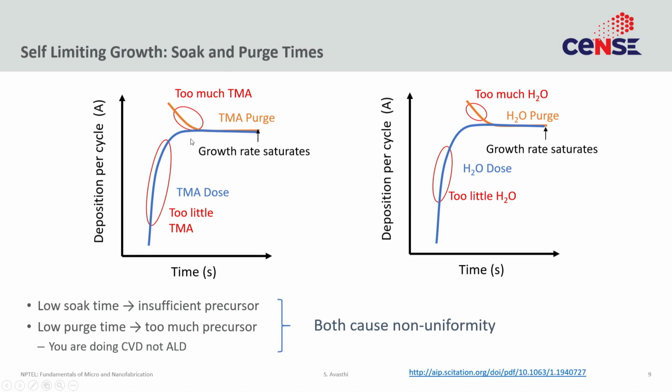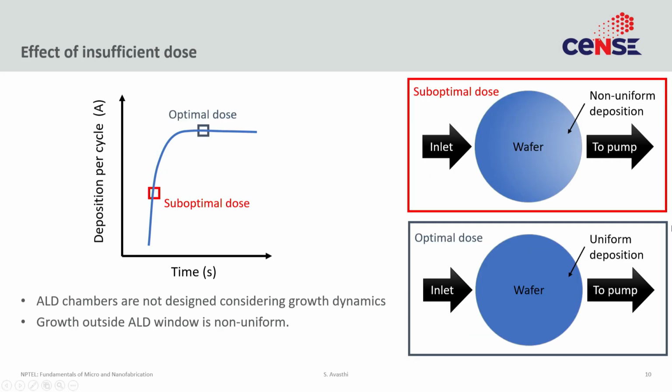Well, if you are in the red regions, you will often get non-uniformity, and let's talk about that a minute. Unlike CVD, ALD chambers are often not designed keeping gas flow in mind. The reason is that the reaction is not happening continuously, it is happening in steps. In each step, you let the equilibrium happen. Your assumption is that every step will be self-limiting, and you wait until a monolayer forms in a conformal and uniform fashion. So, you don't really need to worry about gas flow dynamics.